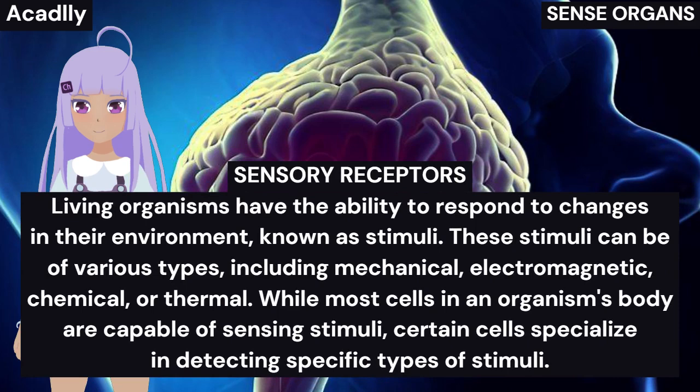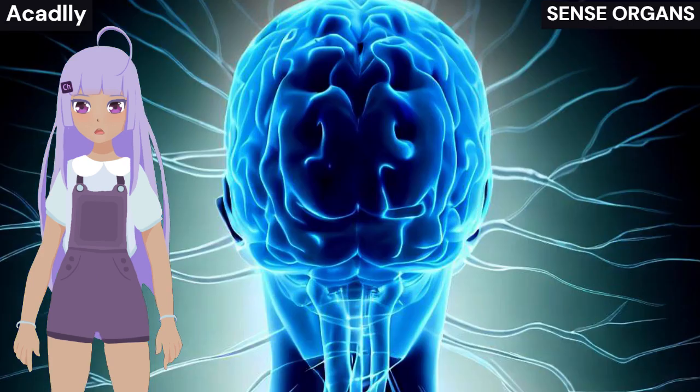Sensory receptors. Living organisms have the ability to respond to changes in their environment, known as stimuli. These stimuli can be of various types, including mechanical, electromagnetic, chemical, or thermal. While most cells in an organism's body are capable of sensing stimuli, certain cells specialize in detecting specific types of stimuli. These specialized cells are called sensory receptors or sense cells, and they are abundant in the human body, constantly